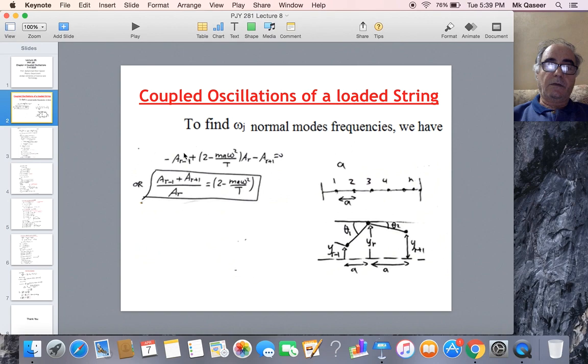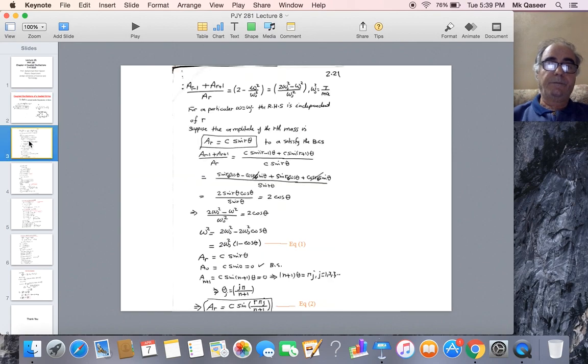Now if we rearrange this equation, we get this expression. If you look at this expression, the right hand side is independent of the index r. Now simplifying the right hand side and defining omega 0 squared as T over ma, we get this expression. For a particular omega, say omega sub j, the right hand side, as I said, is independent of the index